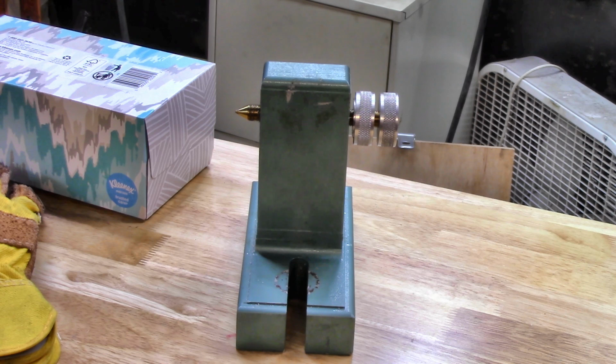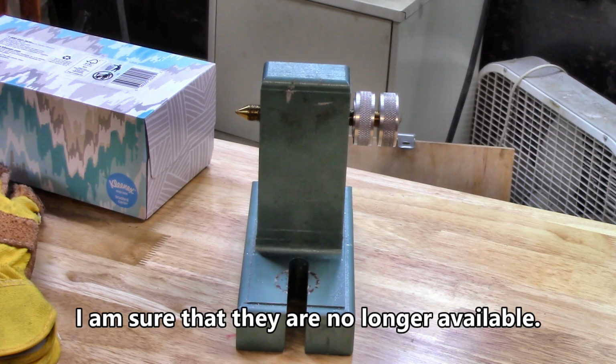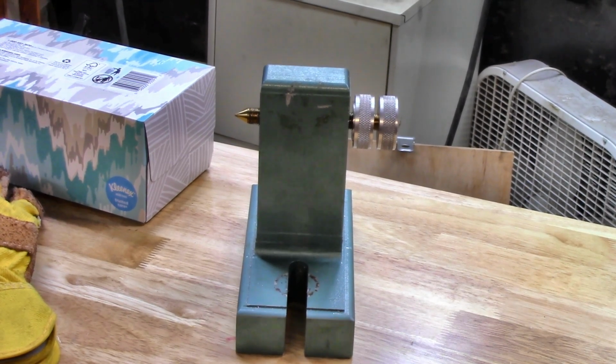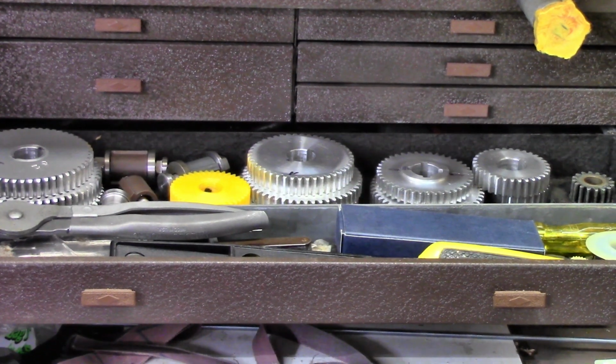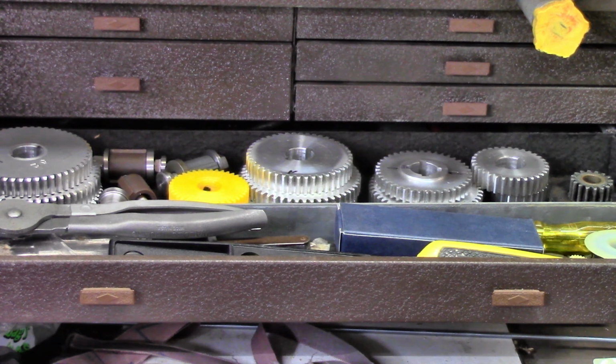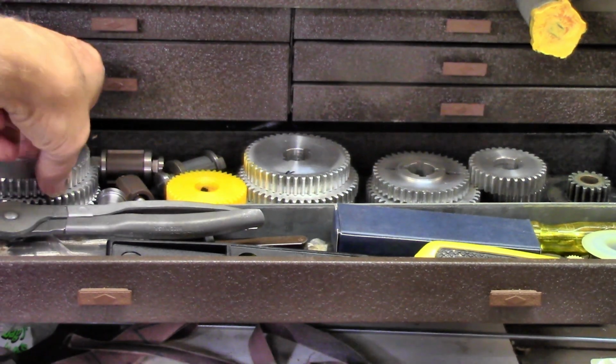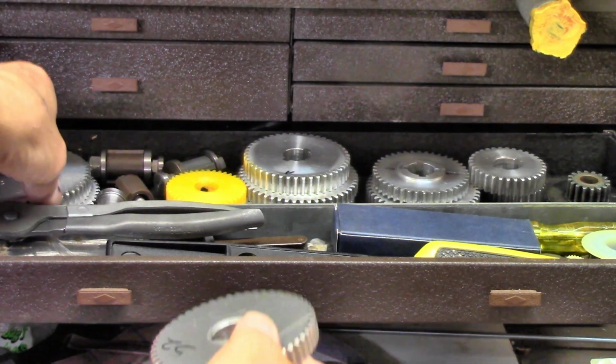And so the next thing I did was I made some gears. I got to reading my manual with my Craftsman lathe, and it was talking about you could order gears that would allow you to use the gearbox that's already on it, the quick change gearbox, to cut metric threads. So I read up about those gears and I made some. I'll show you that. To make almost all of the different pitches of metric threads takes a lot of gears. So I made all these gears that you see here,